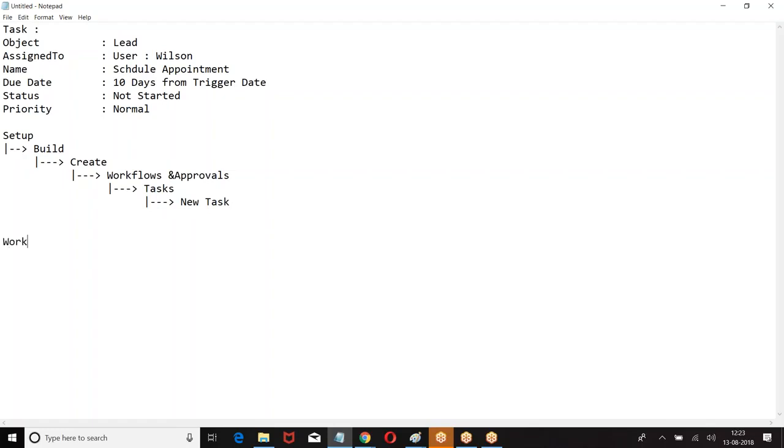Then what is the workflow rule I am giving? Object, lead, rule name. Then evaluation, created, rule, rating equal to hot and lead source equal to web.